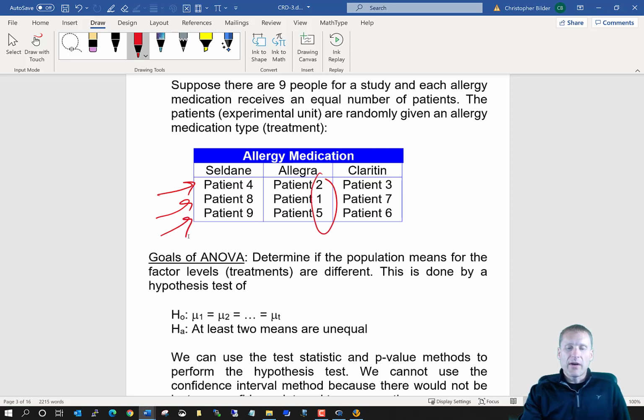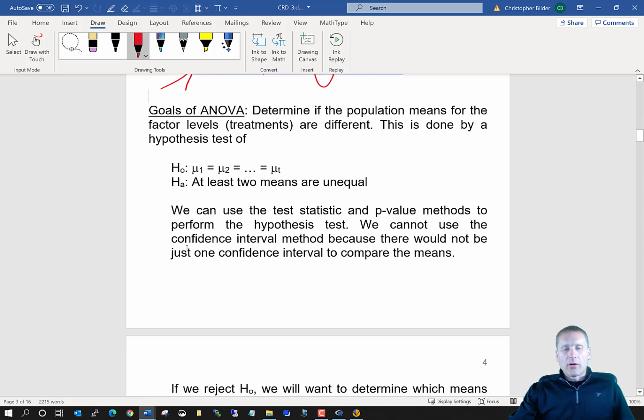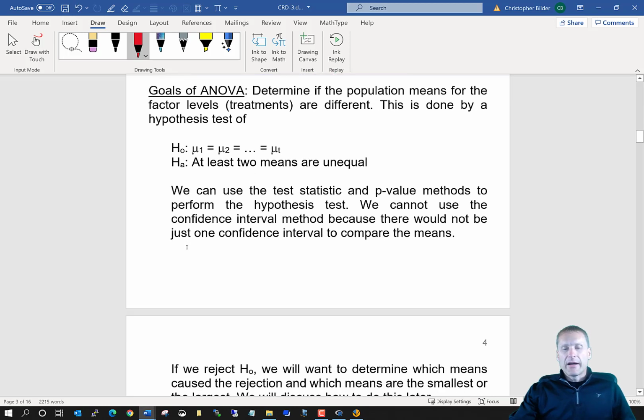Patient 2, 1, 5 each get Allegra, and so on. The key is that this assignment is made in a random manner. Okay. So now remember, the overall goal with ANOVA is to determine if population means for the factor levels are